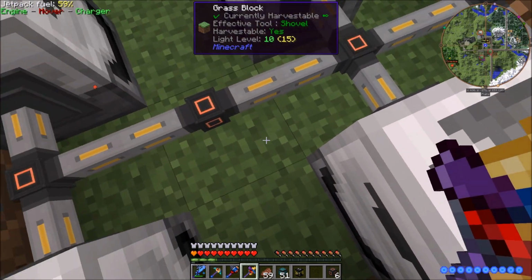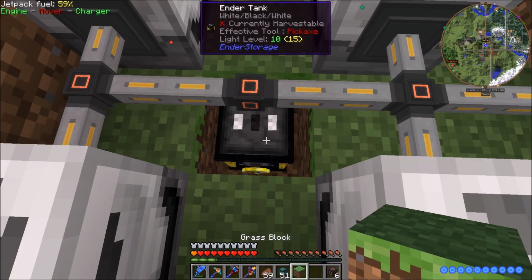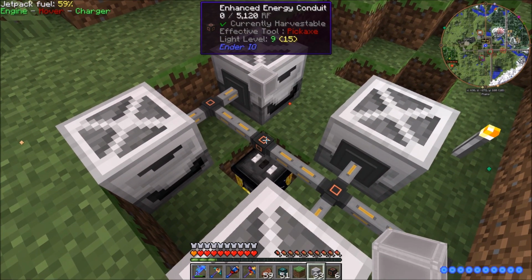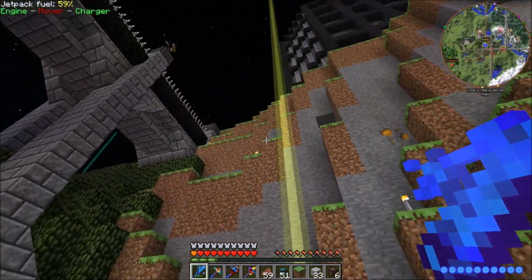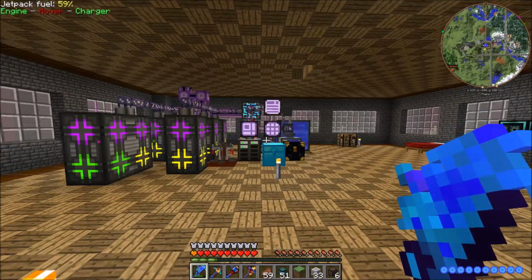This I do want in the ground because I can't hide it like I can the facades. So we'll put the ender tank right here, and then just pull the fluid up with conduits. Oops. Let's see, I don't know if that has any sludge in it yet or not. I don't think so. And before I plug that up, because it's going to start poisoning us as soon as it gets plugged up,